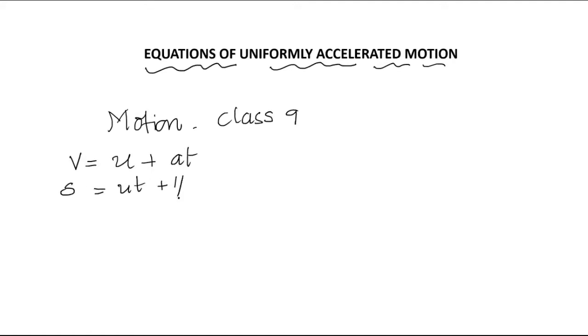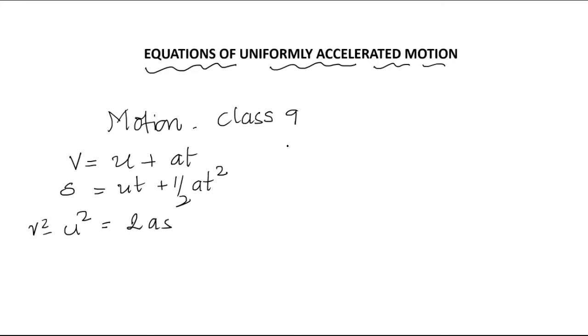In the previous video tutorials, we were solving problems related to equations of uniformly accelerated motion. To remind you, what are the equations of uniformly accelerated motion? We have three equations, that is v is equal to u plus at, s is equal to ut plus half at square, and v square minus u square is equal to